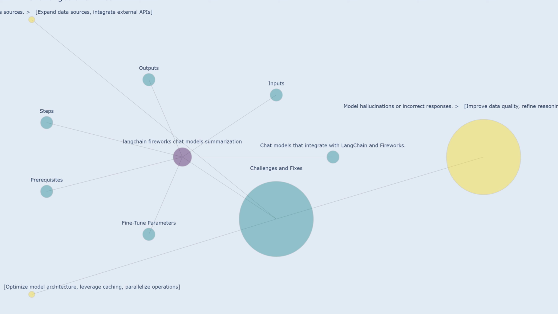Challenges and fixes. Model hallucinations or incorrect responses, which refer to the model generating inaccurate or misleading information due to biases or limitations in its training data or reasoning capabilities. Addressing this challenge involves improving the quality of the training data, refining the model's reasoning logic, and providing feedback to correct any errors or biases. This could involve using more reliable and diverse data sources, implementing more robust reasoning techniques, and incorporating user feedback to